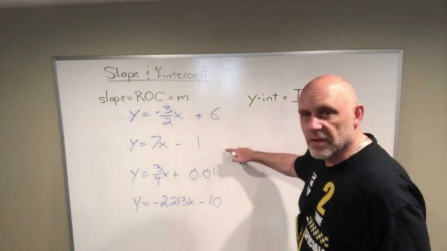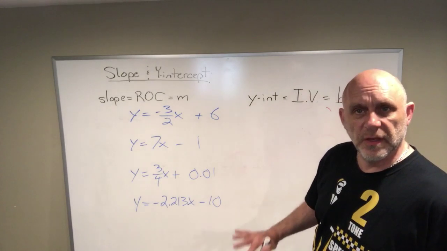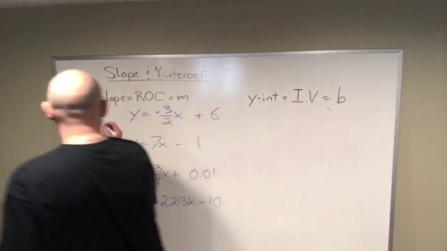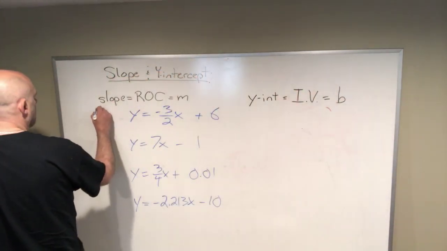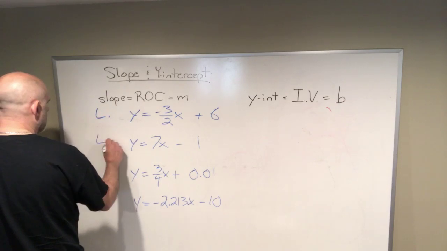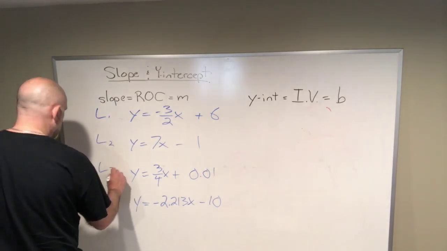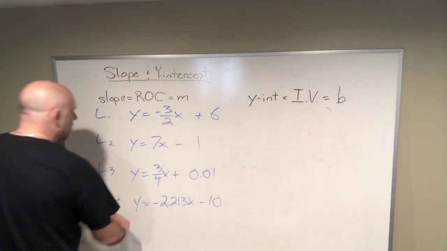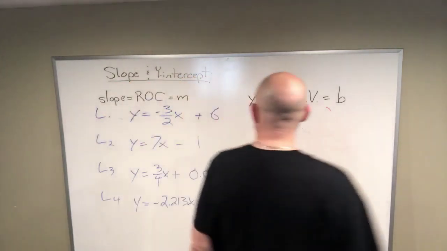These are 4 different lines. They're all different. They're going to be in different spots. Let's call this line 1, line 2, line 3, line 4. So for line 1,